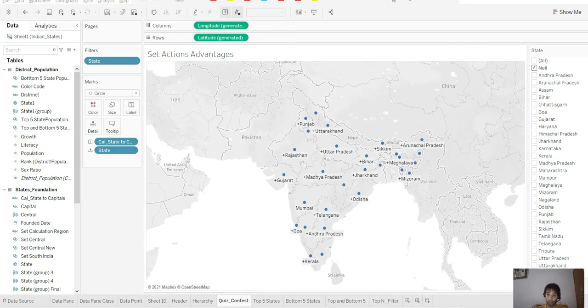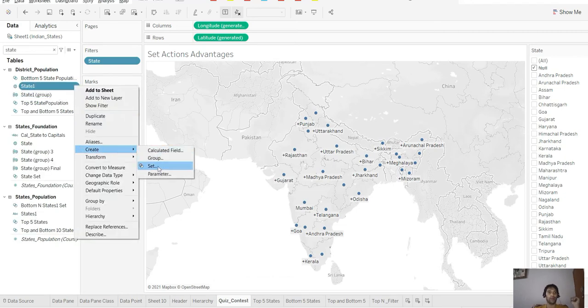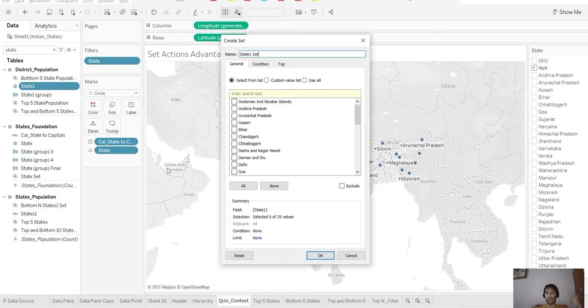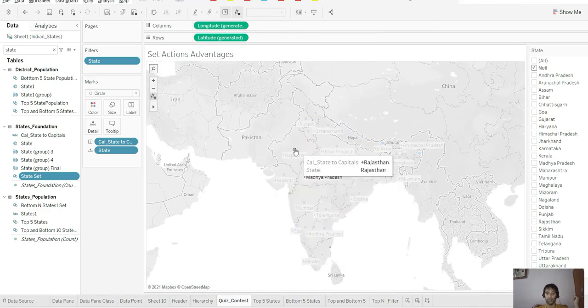First of all, you will have to create a set on states. Okay, let us create one. So I will go to the state and say create, and create a set. This is the way you create a set from the data pane, as you would have done for the grouping as well. But here the difference is that you don't select anything, as there you are creating a different hierarchy. I just need to create a set over there first of all. So I give it the name state set, and that's all. Remember that there is no set action over there, so right now it's pretty neutral.